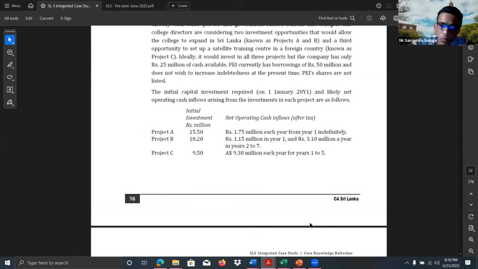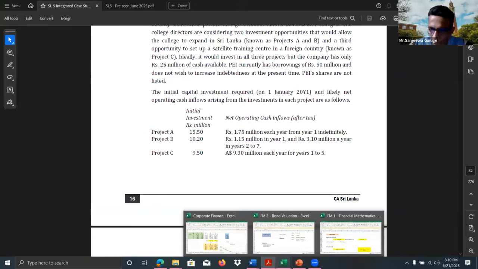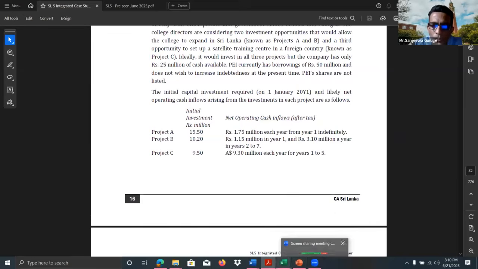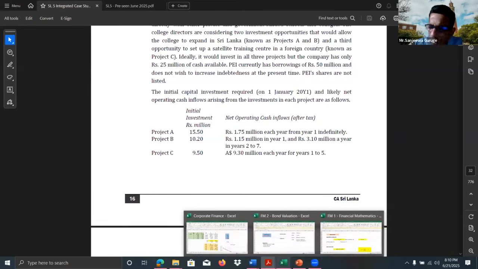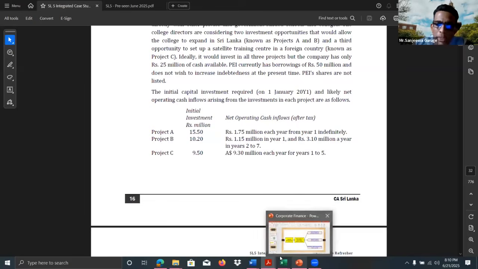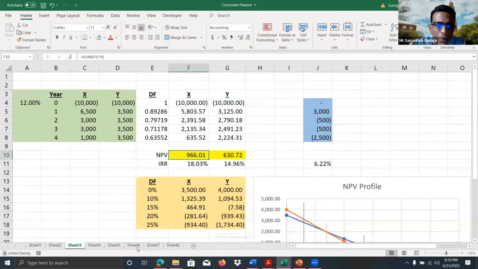So you have to use this international Fisher formula, and using that, it's possible to estimate what will happen to the exchange rate, right? So it can be calculated, can be estimated, using this international Fisher formula and this interest rate parity formula. Right now here,